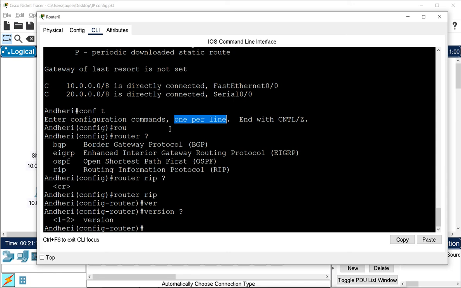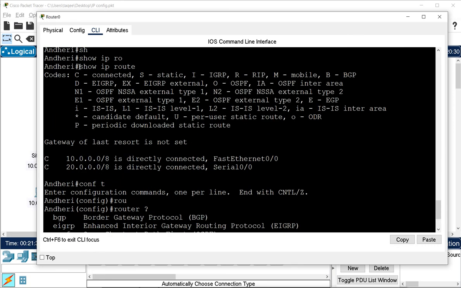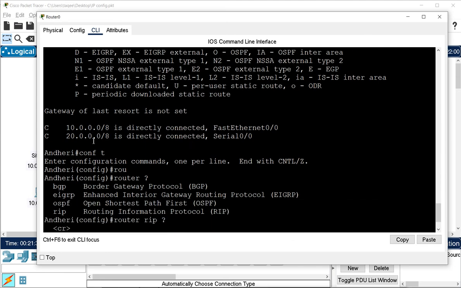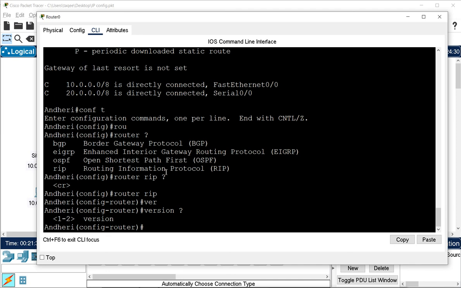Now in dynamic routing, in RIP, we just have to mention the connected network. No matter how many networks we have in our routing domain, we just have to mention only the connected network, connected for this specific router. For this router, we saw in the routing table, when we ran the show IP route command, that we have these two networks connected. So we just have to mention only these two networks, one network per line, one by one: network 10 and 20.